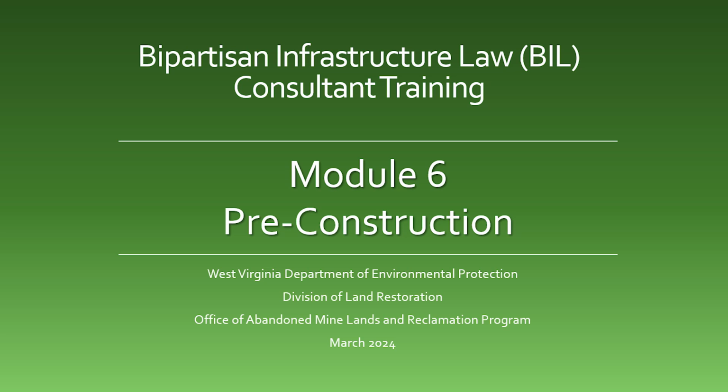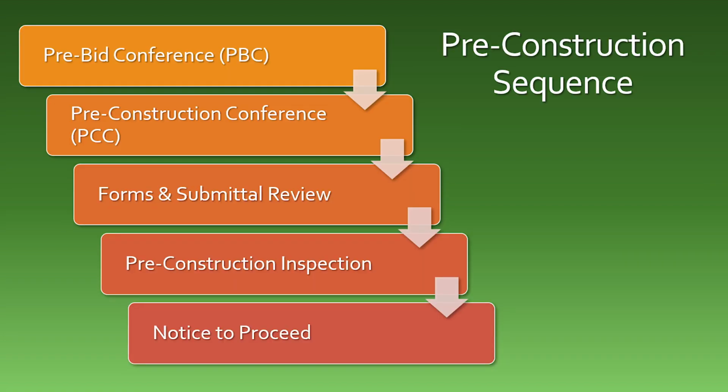Module 6, Pre-Construction. This module outlines the basic techniques used by the construction inspector to document the necessary information required by the construction and reclamation contracts with the department. Pre-construction starts at the pre-bid conference and ends when the contractor receives the notice to proceed. The sequence is broken into 5 sections: pre-bid conference, pre-construction conference, forms and submittal review, pre-construction inspection, and the notice